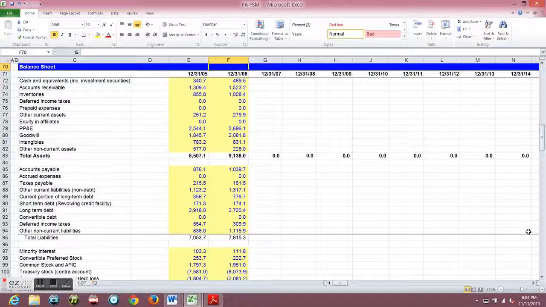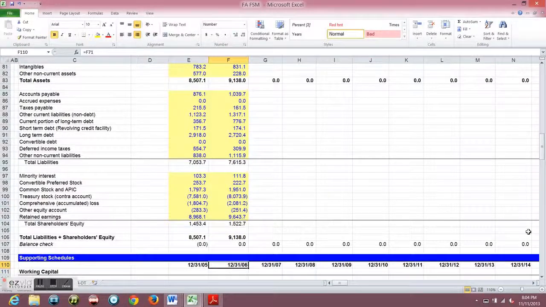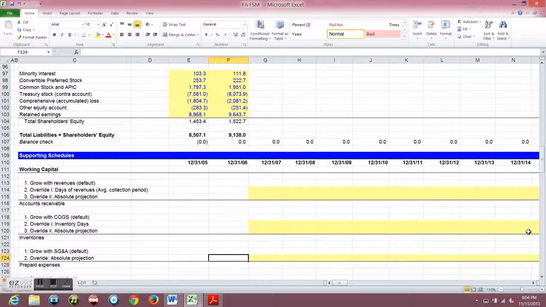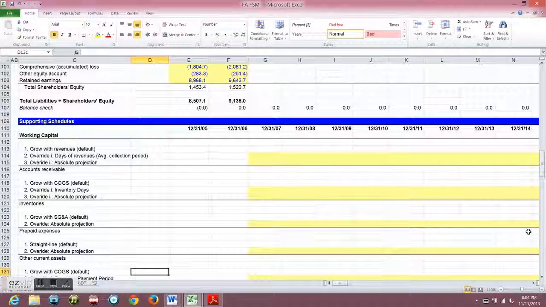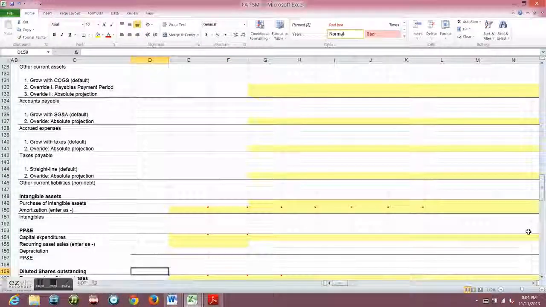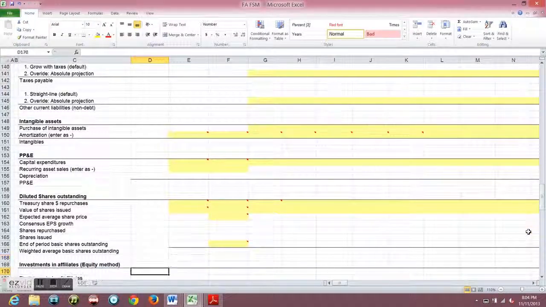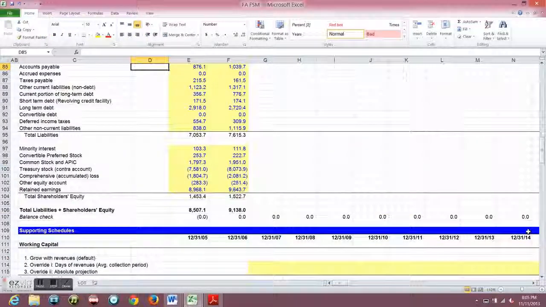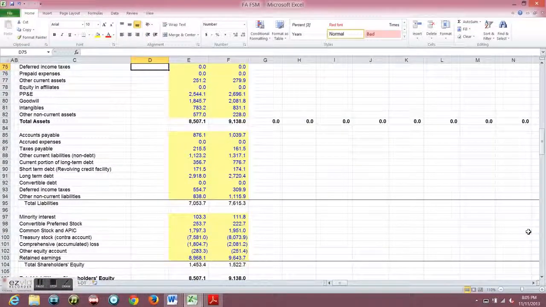So the next thing we're going to move into is projecting out our balance sheet. And in order to do so, we have to use working capital. Well, there's several ways, but we're going to use the supporting schedules, which are working capital schedules, PP&E schedule, diluted shares outstanding schedules. All these schedules we're going to use to project out all of our balance sheet items. And that's about it. Each year we're going to pay off a portion of it, and we're going to call that current portion of long-term debt. Short-term debt is